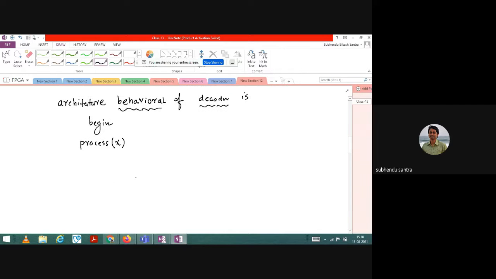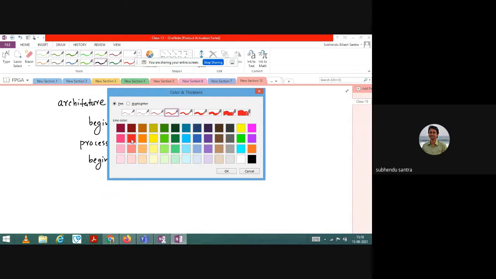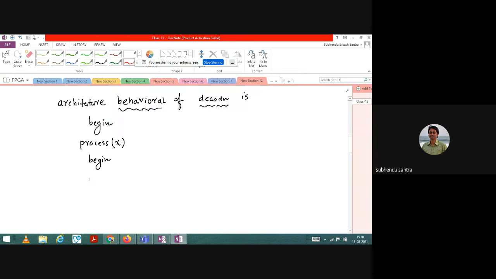Now after that, if you process it, then once again you need to begin, and then I will not use any if else structure, rather I will use case structure. Okay, so let me just change the color. Case. Now I have told you case variable. Which one is the variable here? X. Yes, sir. Is.